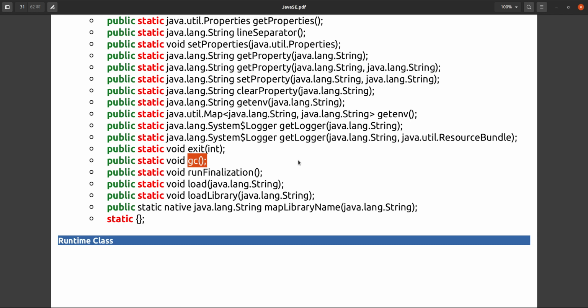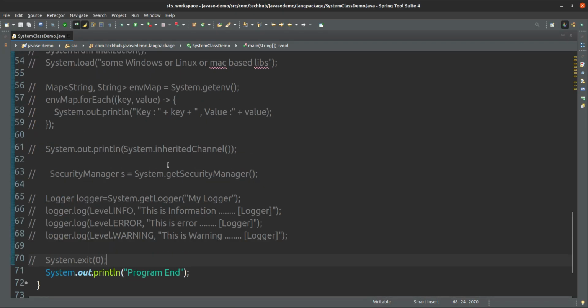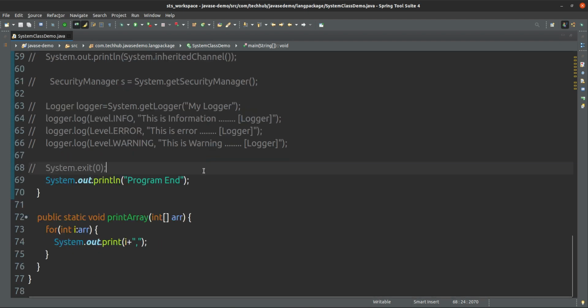Run finalization is nothing but, before garbage collection, you want to run the finalization on the methods or on the objects, because inside the object, a finalize method is there. If you see the documentation, you will come to know.